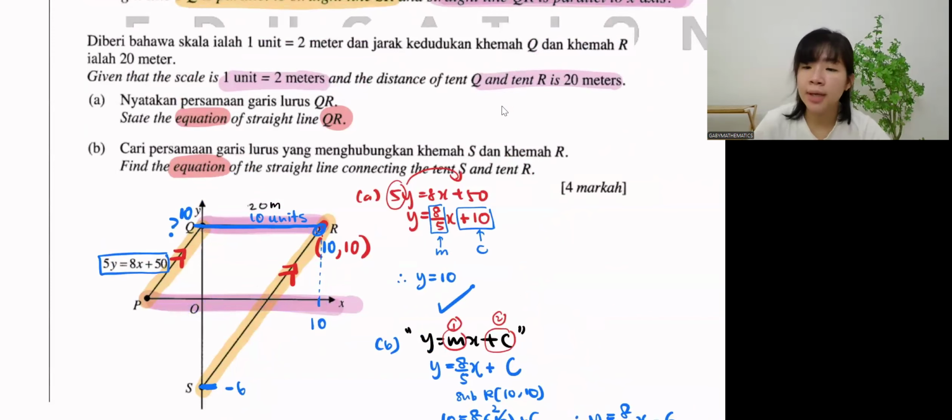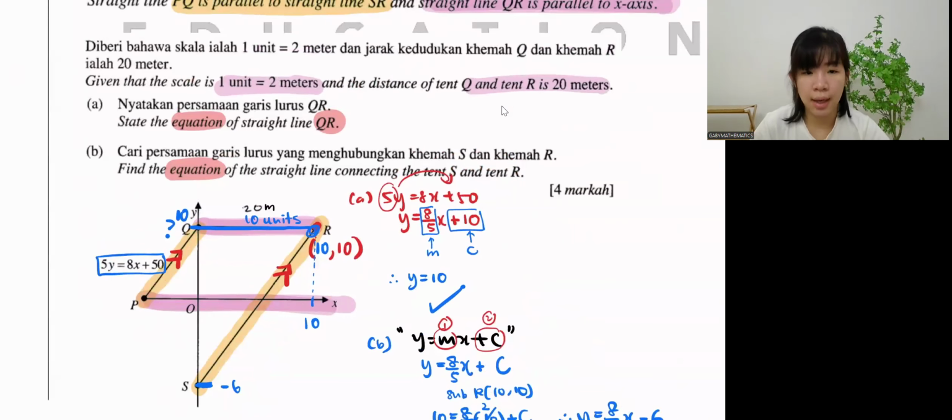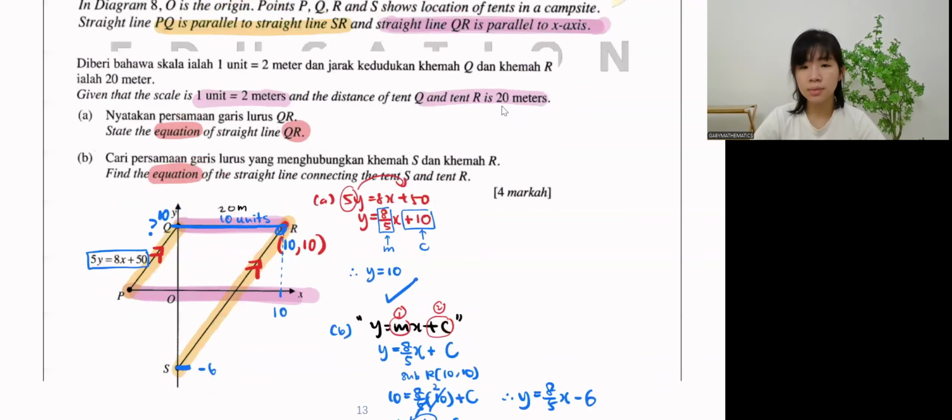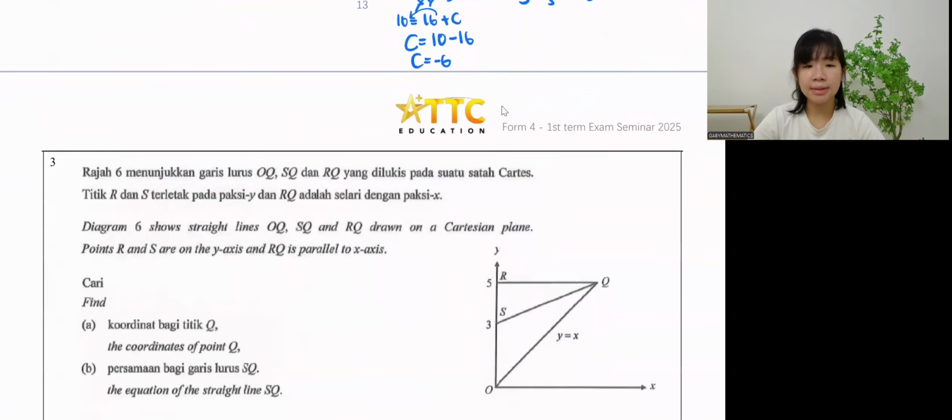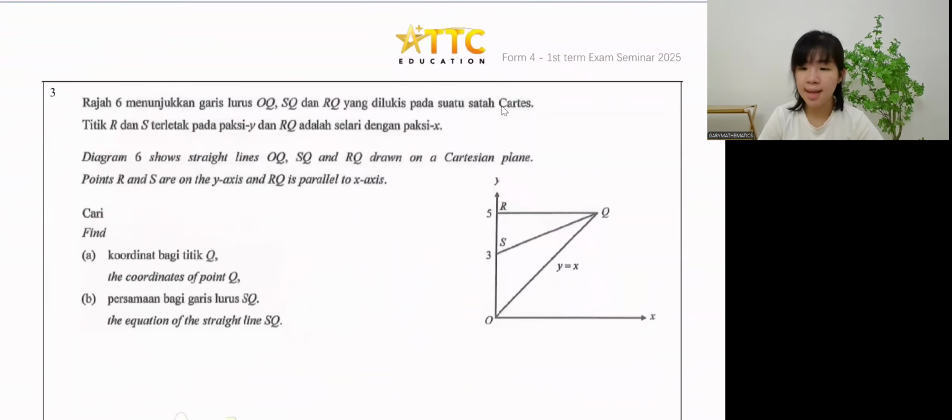And use the intercept on the x-axis to count this one. If you know the coordinate, the x-intercept, no problem. You will get the same answer, if you can find this one. Okay, let's do next. One more? Okay, we do one more question, then we go to the next topic.